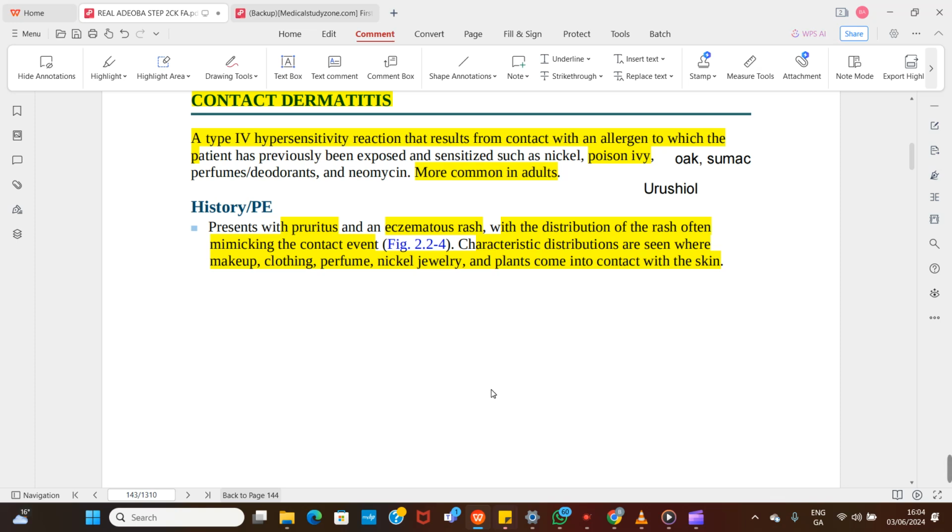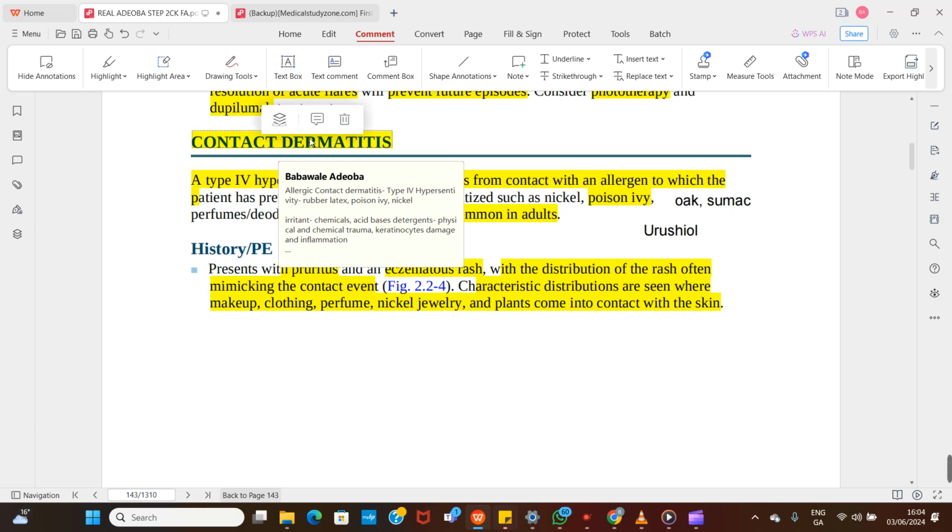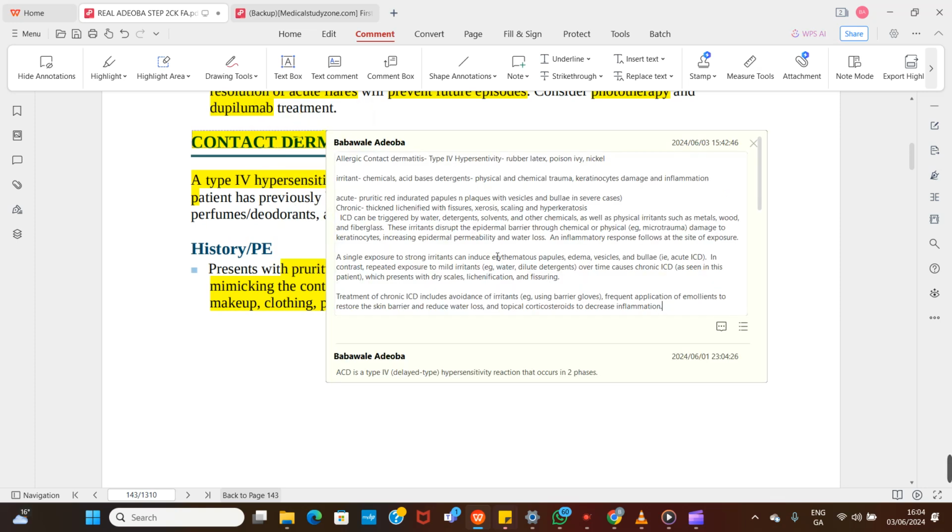And the typical lesions appear papulo-vesicular. So you see the papules, you see the vesicles, you see the plaques sometimes, and if it's very severe, you see the bullae, right? That is that about allergic contact dermatitis. So for the situation of irritant contact dermatitis, this is quite different from allergy because this is